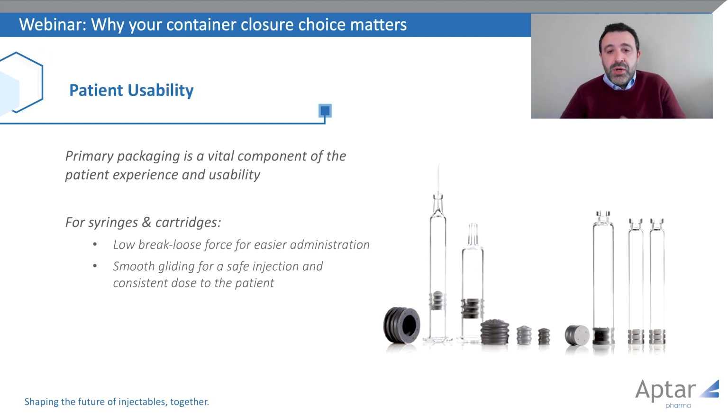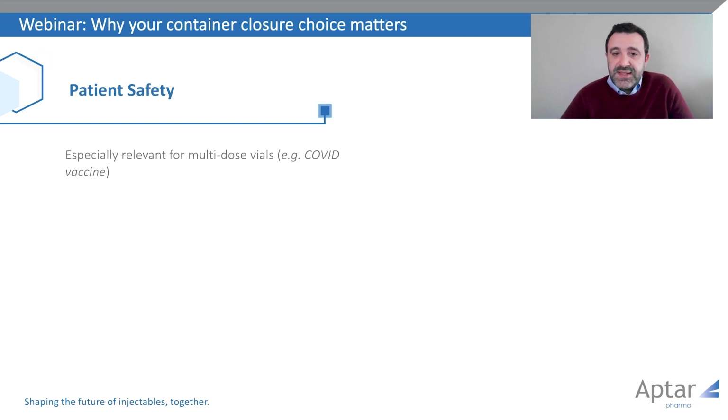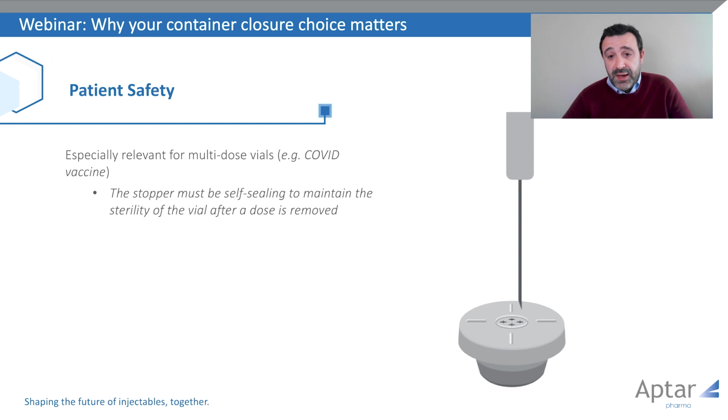Finally, the most important aspect of your container closure system is how it affects patient safety. This is especially relevant for multi-dose vials. If you package multiple doses in a single vial, like it was the case, or still the case, with the COVID vaccine, the stopper will need to have good self-sealing properties to maintain the sterility of the vial after each